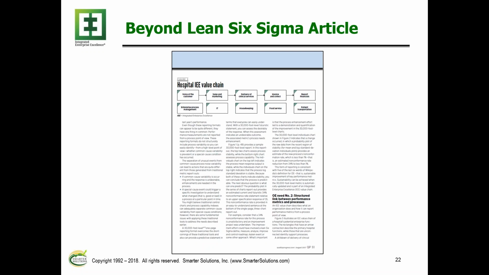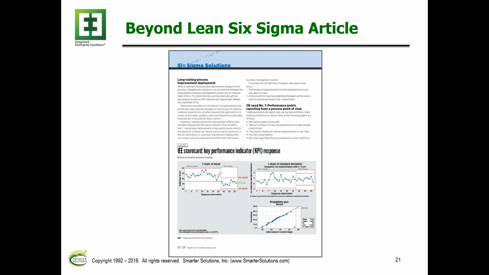So let's say that you went in and you made some improvements. You want to then demonstrate that you made an improvement. Well, that's shown in figure 2. We notice that the individuals chart on the left-hand side went down. Now we look at a probability plot, and we notice with the statement at the bottom that we now have less than 1% nonconformance because of our process improvement efforts. And that's what I think we ought to demonstrate for all Lean Six Sigma projects. Then that can help the sustainability of the overall deployment.